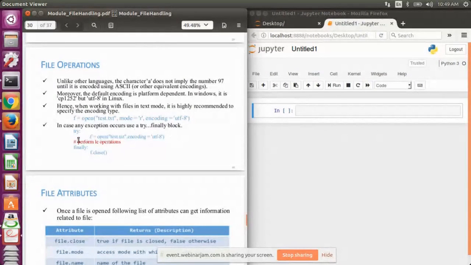If the file doesn't open, then in case of any error, the statements that are there in the final block will get executed. Fine. So it's better to use the try and final block whenever we access any particular file. So it's kind of a safety measure, not a compulsory requirement.